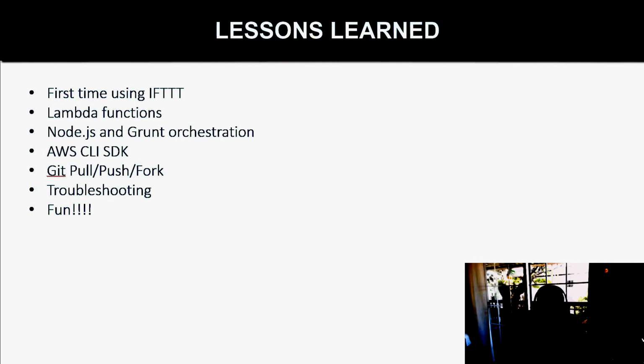The AWS CLI, so that's the command line interface SDK. That's used for, you can run commands instead of going into the console and using the GUI in the web browser. You can do the same exact thing with the CLI commands, and you can have that data pushed out to a file or to your screen, and you can see it much easier than going into the console and getting that. So that was fun to use because I was able to gather information very quickly with that instead of trying to find it in